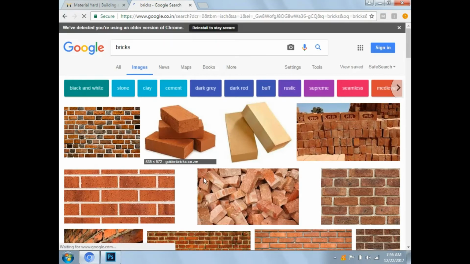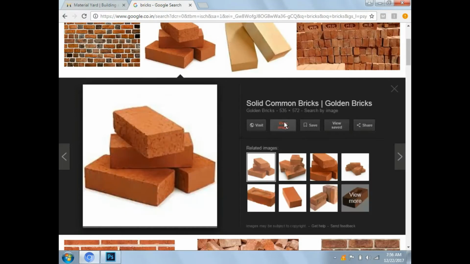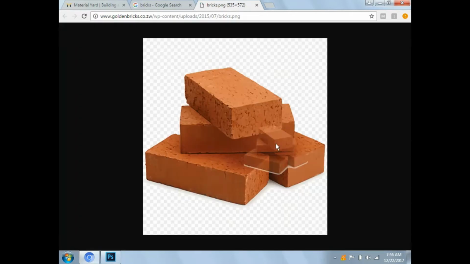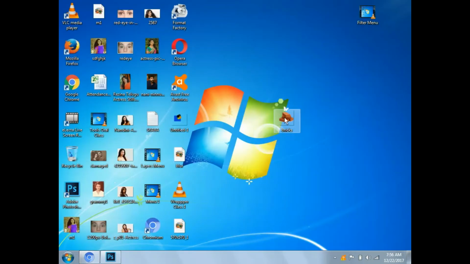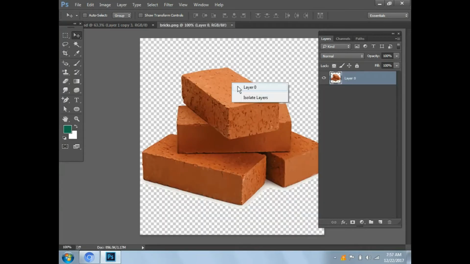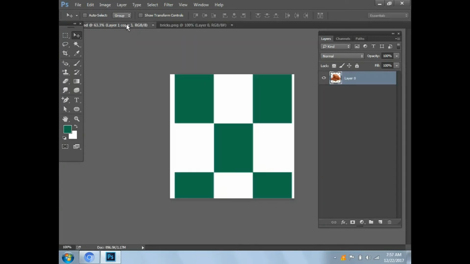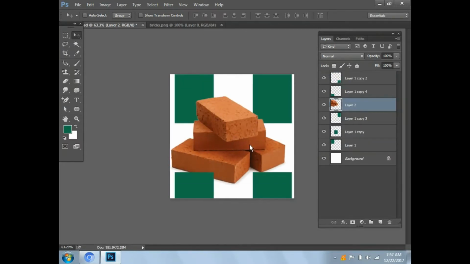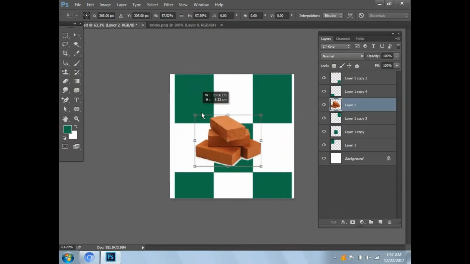Or maybe take this one and drag and drop it into the tab bar. This is the tab bar. Don't place it here, keep it on the tab bar. Take this image and place it into the bricks concept, keeping it here. We got the bricks. Is there any file? Again save, Control S. Bricks is completed now.